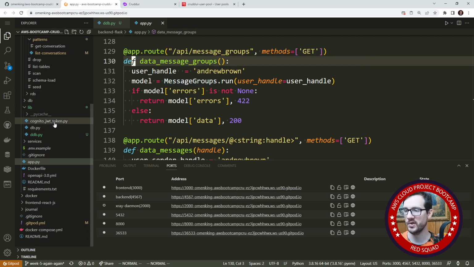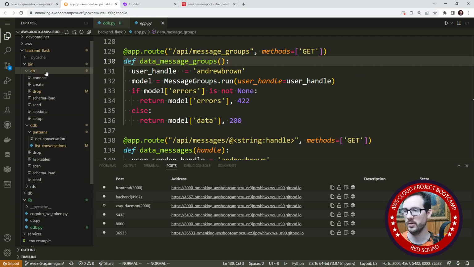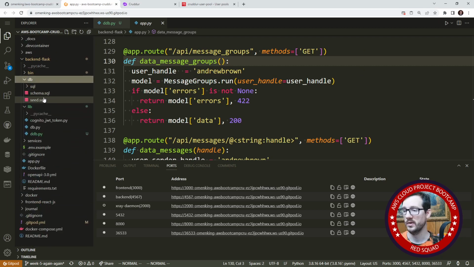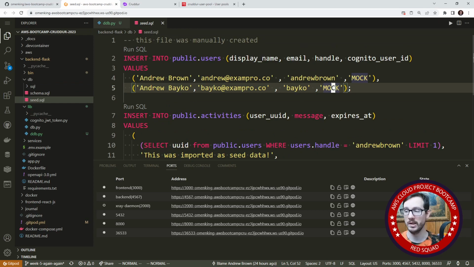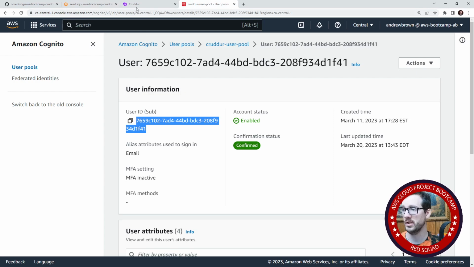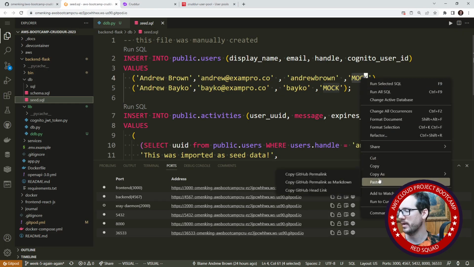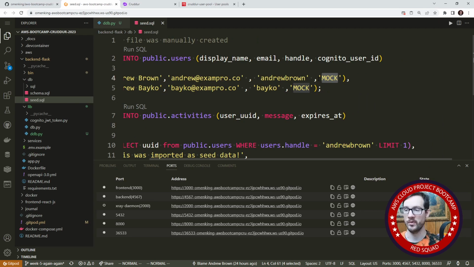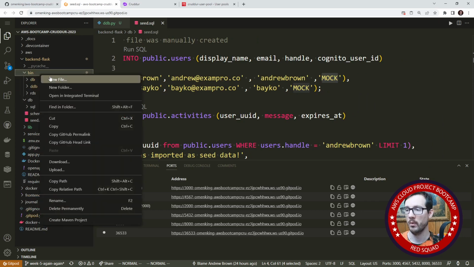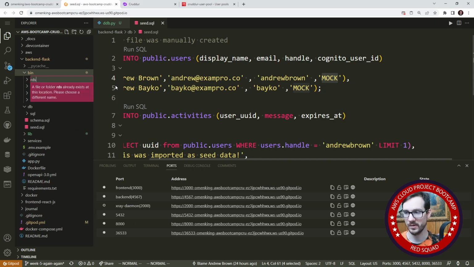So if we take a look at our seed.sql file, which is under db seeds.sql, you'll see I have this mock data here. And the idea is that we need to actually populate this with the actual Cognito user ID, because that's how we're going to get the additional information like their handle. So if we go over here, of course we could just hard code these values, but I thought it would have been a lot nicer to just have a script in order to populate those. So what we're going to do is in our bin directory, we're going to make a new folder here, and I'm going to call this RDS, or sorry, not RDS, but Cognito,